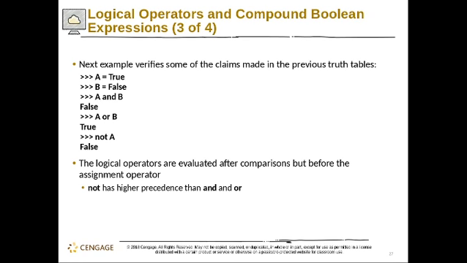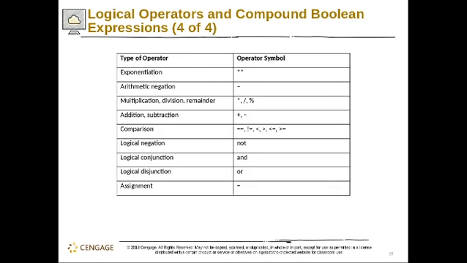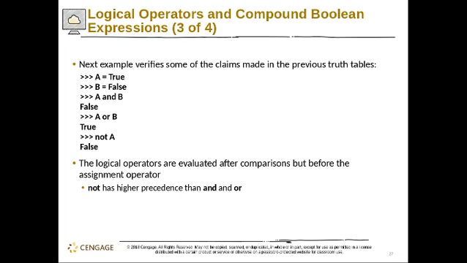So these are your operators. If you have these operators, they basically have precedence. The not has higher precedence than the and and the or. So if you put all of them in a single expression, the not is evaluated first. It's like PEMDAS. You do the exponents first, then the multiplication, divisions, and then additions and subtractions. In this case, you evaluate the nots first before the and or.